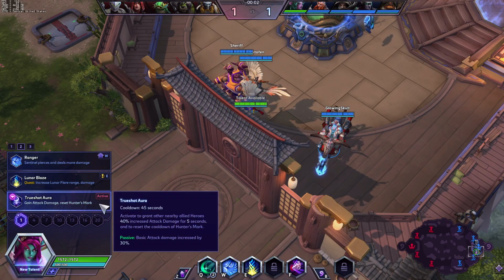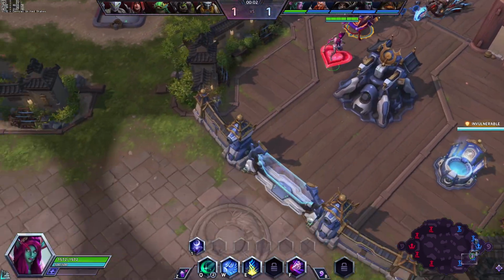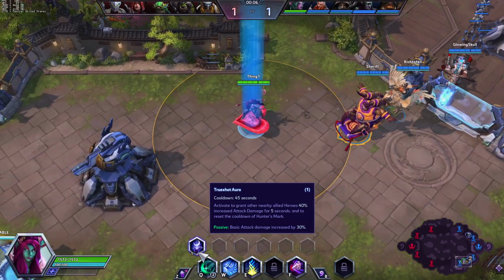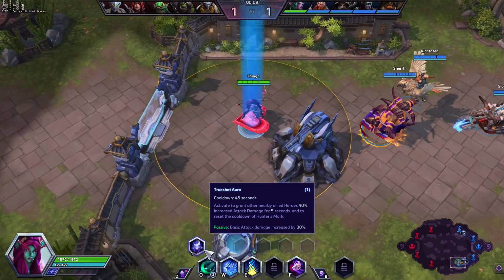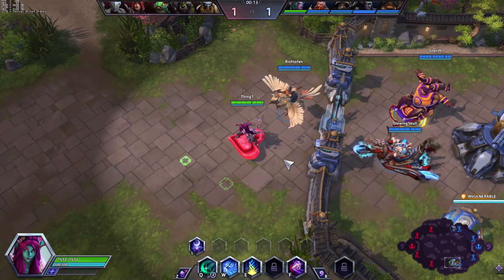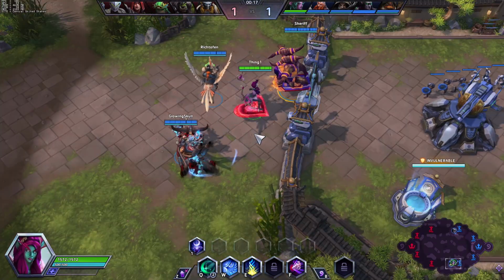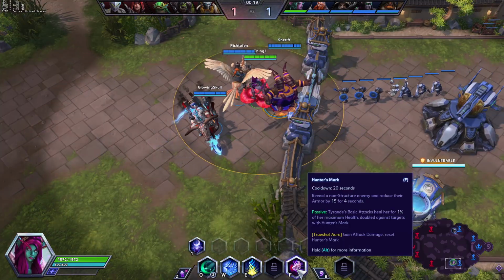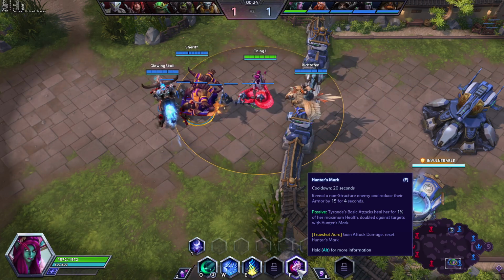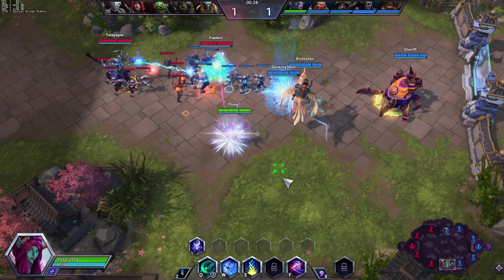We're gonna pick up True Shot Aura here at level 1. What this does is you can activate to grant nearby allied heroes 40% increased attack damage for 5 seconds, and this is the biggest part, it will reset the cooldown of our Hunter's Mark. Additionally, our basic attack damage is increased by 30%, which isn't that big of a deal, but Tyrande has a passive which her basic attacks heal for 1% of her maximum health, and it's doubled against enemy heroes. So I guess the damage actually doesn't matter, but